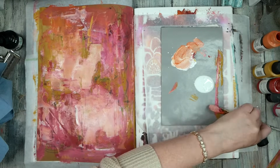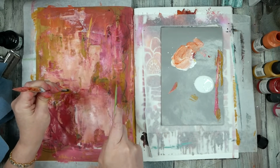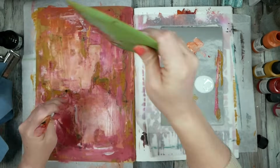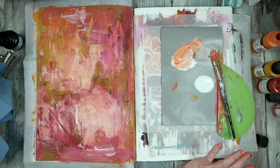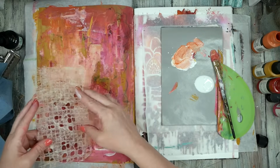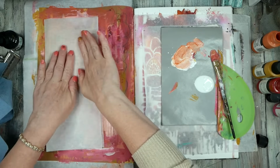And now, let's just take this. Do some mark making. Ooh, you know what else I want to do? Let's get that shelf liner. Where's my shelf liner at? Ooh, or maybe some, ooh, here we go. Look at this. What if I had a piece of pretty paper sitting over here for some reason. Who knows why I had it out. I might have got it out and thought, ooh, stencil, or ooh, pretty something. But what if we use it as...